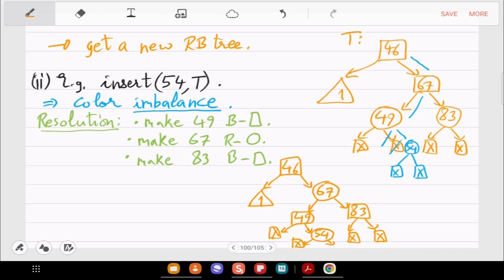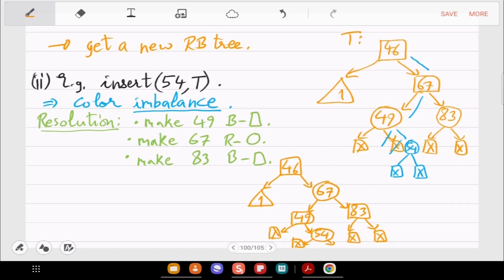So here what we are doing is, as we said, the new node is red, so you just insert that after search, and then when you see that the parent is red, that means the grandparent is black. Okay, it's not a choice, it is already given by the axiom. So it will be like this, 67 black and 49 red.